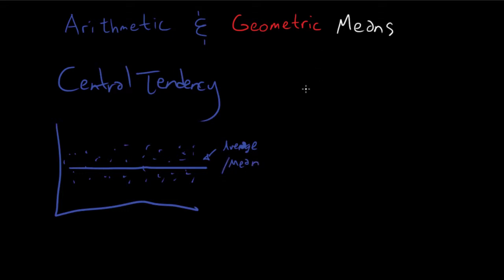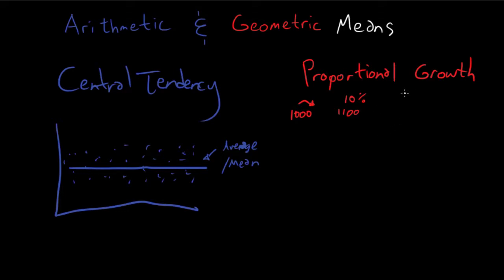The geometric property is of proportional growth. It's not the central tendency, it's the proportional growth. This is harder to visualize, but one of the better visualizations is how interest works in a bank. Let's say I have a bank and you gave me $1,000. You're interested in investing, and I'm feeling generous, so I give you 10% on your $1,000. At the end of the year, I would give you $1,100. Let's say I'm going to give you 10% on the next year as well. So I look at that $1,100 and say 10% on top of that is going to be